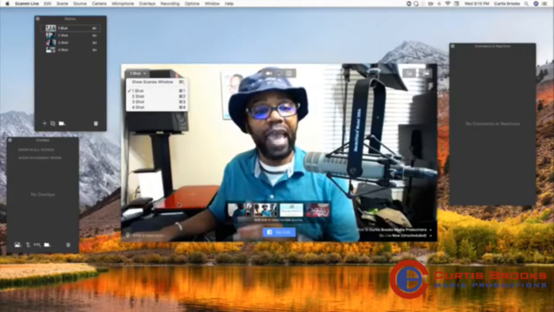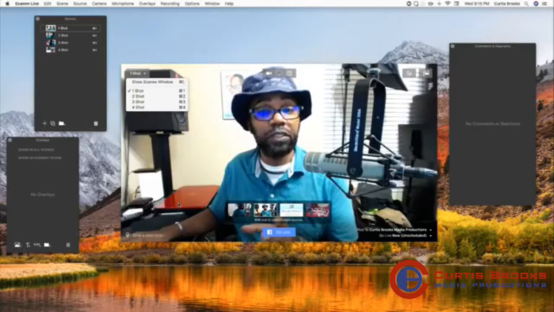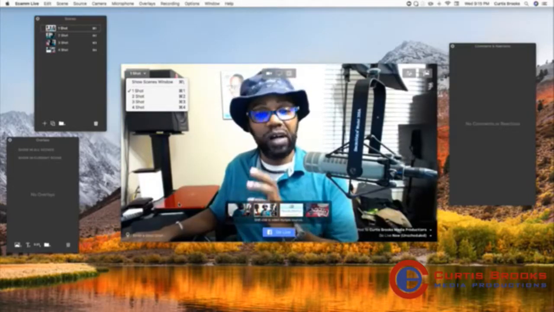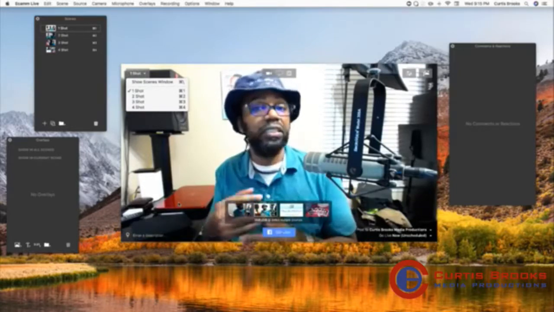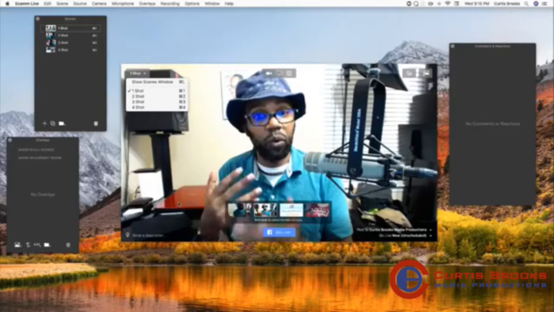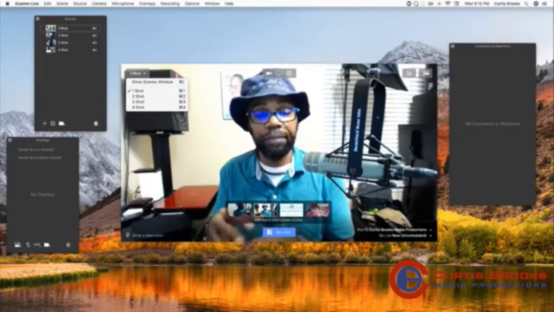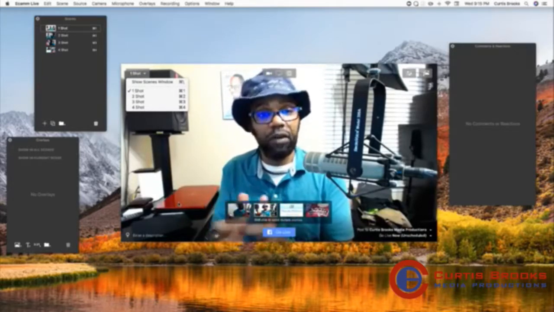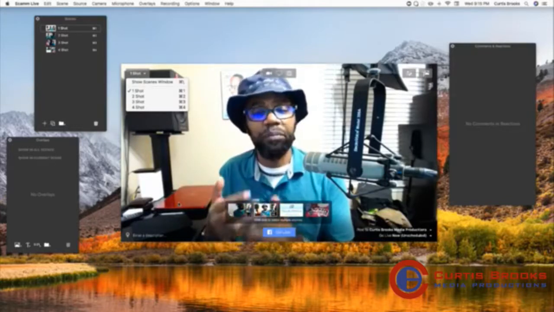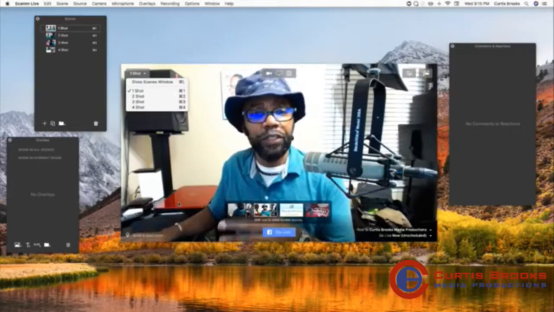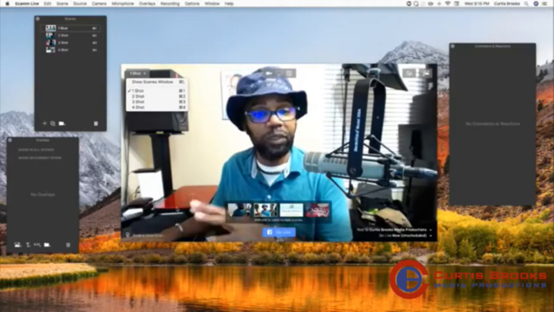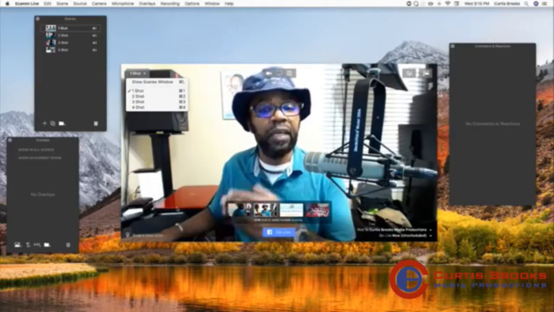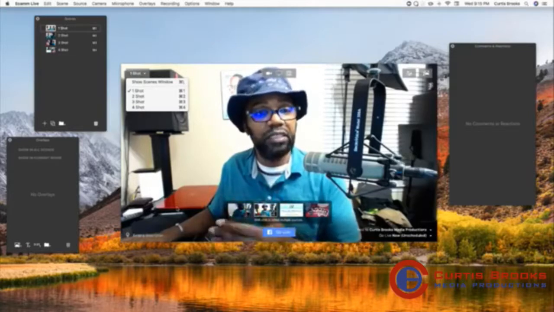So if you're going to add 4 cameras or even 3 cameras, 3 to 4 cameras, you need to kind of have a beefy system in order to operate the cameras. Not so much the operation of the camera, but the processing of the cameras, the encoding that goes through the software, and eventually to the output over to Facebook. So it does take up a lot of processing power, and your computer more than likely will be going through some things and perhaps getting hot because the encoder is working to process all of the images again.